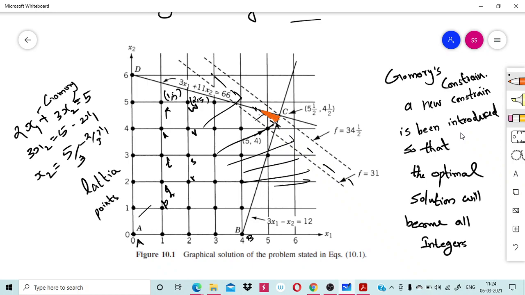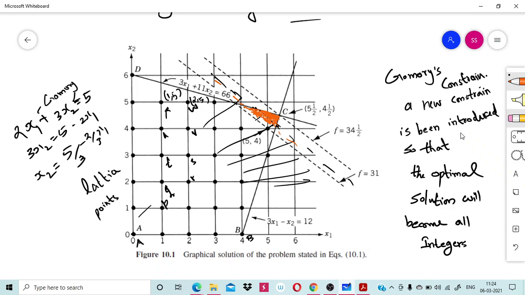If it is not giving an all integer solution, then we will again introduce another Gomory constraint, and so on, so that a larger portion of the feasible region is being cut off. We will introduce that many Gomory constraints so that our solution will become all